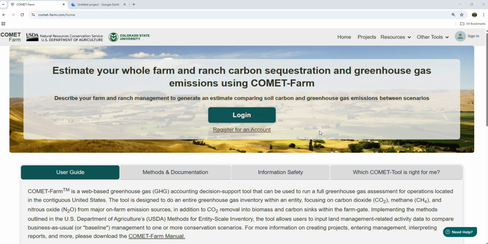Today I'll be demonstrating how to create a new project using the hypothetical Chico State Carbon Farm Plan in order to talk about carbon farm planning at large. If you're a brand new user of the tool, we recommend registering for a COMET-Farm account, as that will allow you to make changes to your project, return to it later, and just keep track of all the projects that